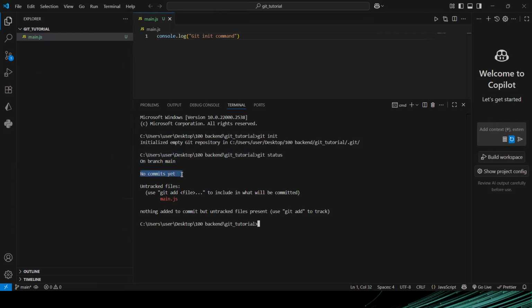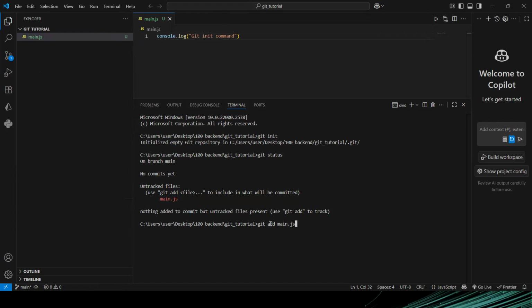There is no commit yet. That means I have not saved anything permanently. And there are untracked files. You see that because I have not added this main.js file that I just created, I have not added it to the staging area. They are untracked. Remember, I said that files can only be tracked or untracked. And in this case, Git does not know anything about this file. Git is not tracking it. So if I want Git to track it and know about it, then I would have to say git add, then the name of the file,